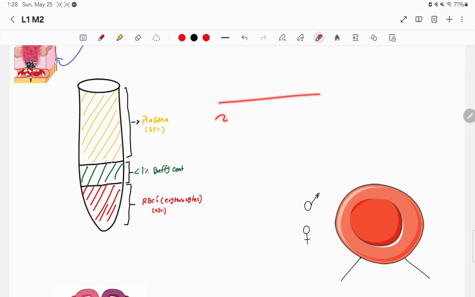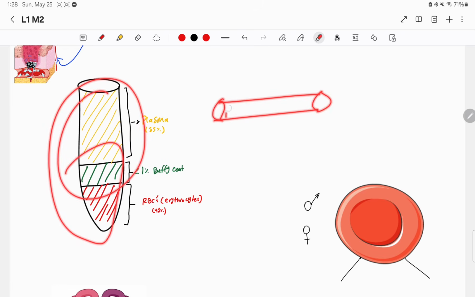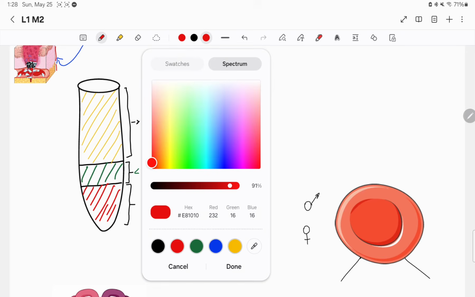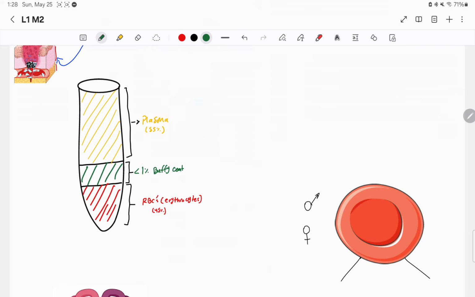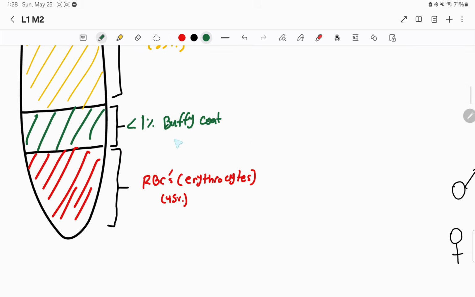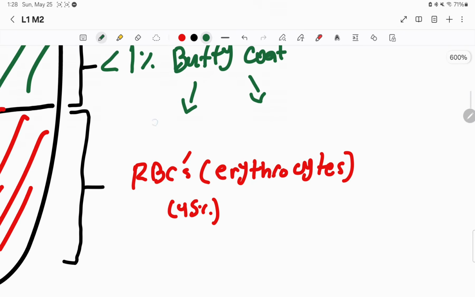Now, you have to understand that when the blood is running inside of your capillary, it's not like this. It is all mixed together, and the biggest component is the plasma, okay? Now, let's go into what is inside of them in order. But first, let's talk about the buffy coat because it's the smallest one, and we'll have videos on this. So the buffy coat contains your white blood cells, otherwise known as your